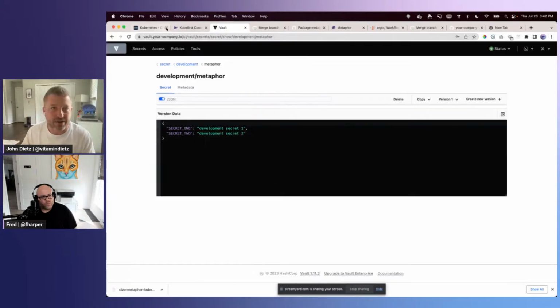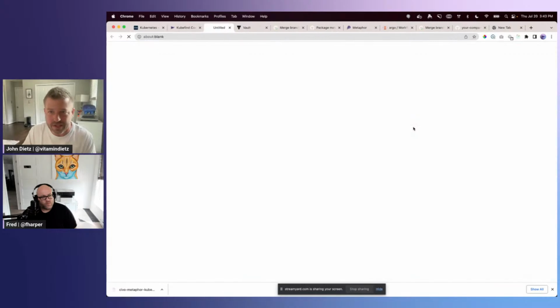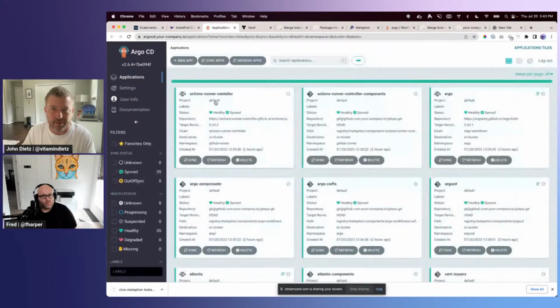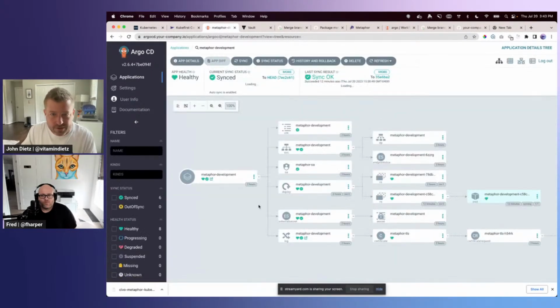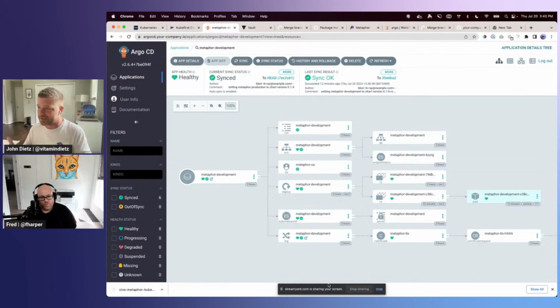You can see that also in Argo CD. If we were to take a look at the development environment, there's this external secret here. And if you pay really close attention, every 10 seconds, this object here is going to pulse. That's the External Secrets Operator reaching out to Vault, checking to see what the values are. And if there's a delta, it's automatically going to apply the new values to the secret YAML. And then the next time this pod restarted, it would be able to get those new secrets.